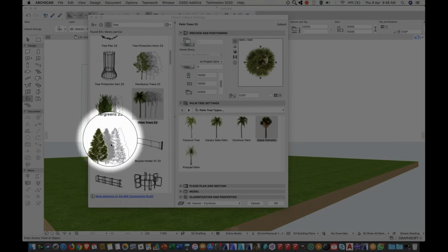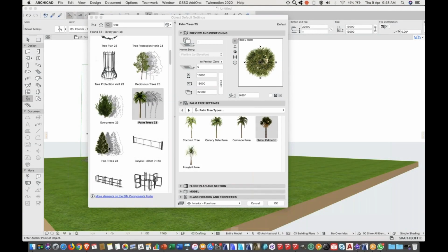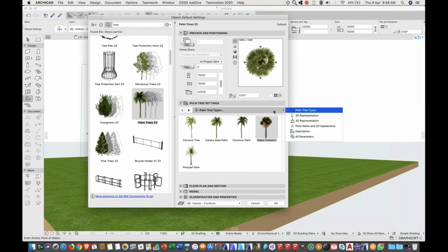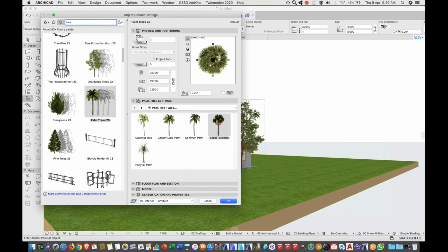So this represents, it tells us that these trees will have a transparent image, a PNG image, and also a symbol, something like the GDL that we use. On the floor plan also, instead of putting the real trees, you can even change something here. If I go to this tree, let's say this palm tree, then you can go to the